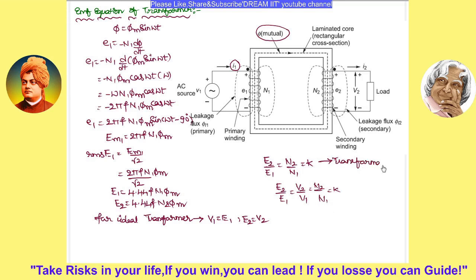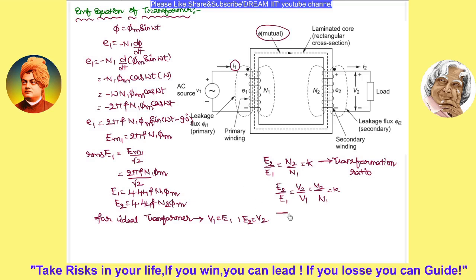This transformation ratio is useful for transforming the primary winding to the secondary winding side and the secondary winding to the primary winding side. In the equivalent circuit of the transformer, we are transforming the entire secondary winding to the primary side, or the primary winding side to the secondary winding side also. For that purpose we are using this transformation ratio.